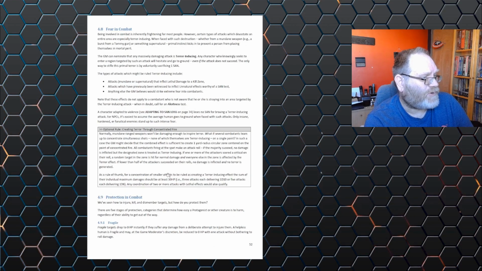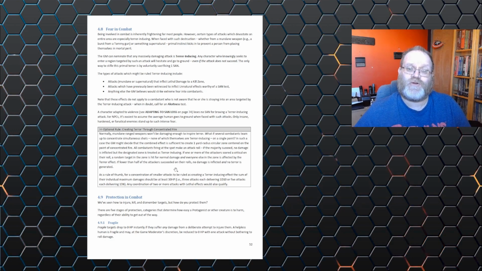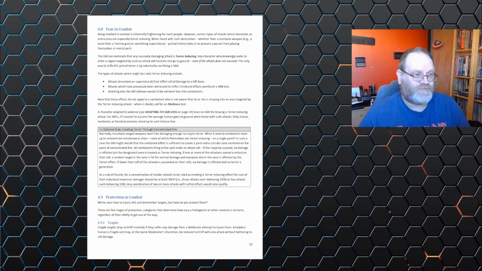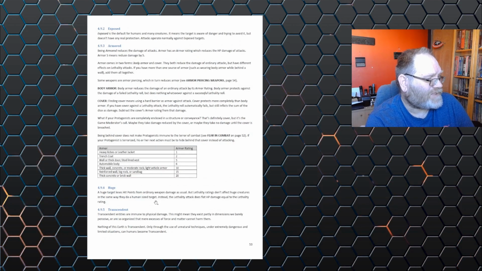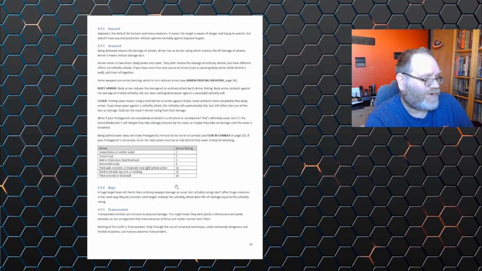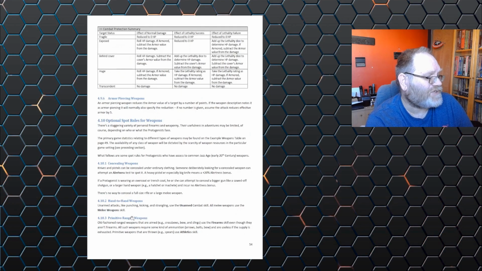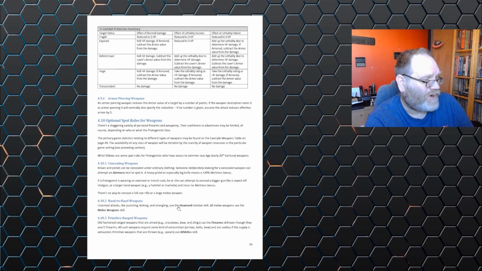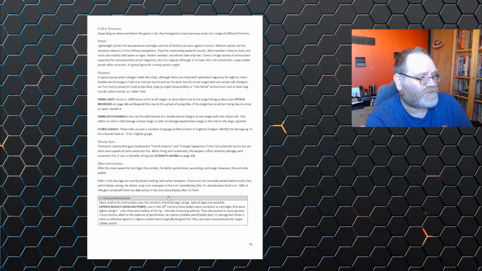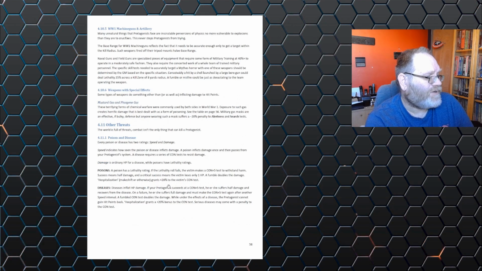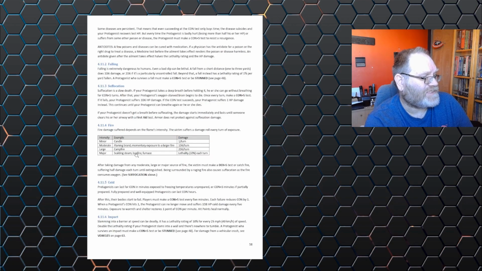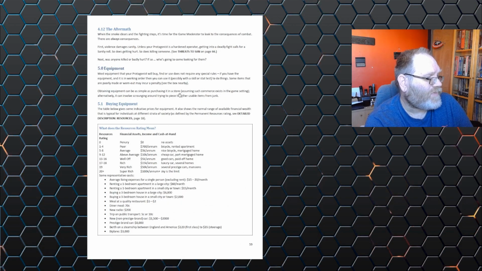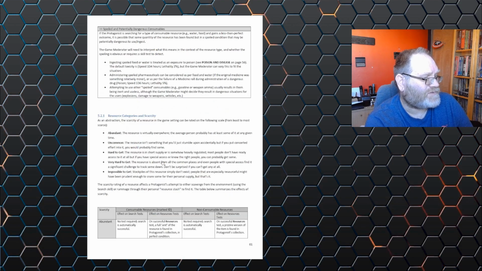Lethality ratings, explosions, how to deal with fear in combat, because obviously Call of Cthulhu is very psychological, so fear is a large part. Protection in combat. Fighting huge monsters, transcendent monsters. Armor-piercing weapons. It's really going into lots of pieces of information. Natural poisons, sample diseases, different types of equipment,